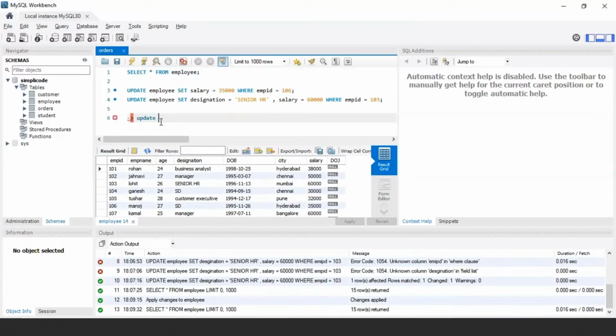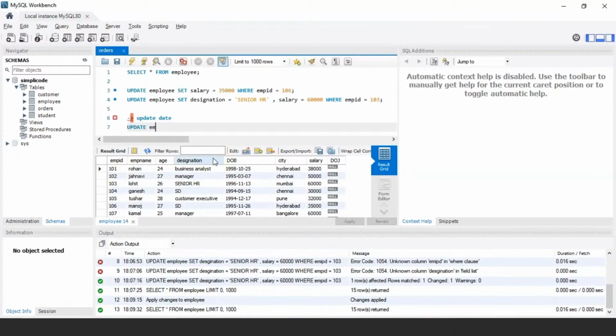Next, let us discuss about update date statement. In SQL, update date statement is used to update the date and time values in the existing table. All the date and time values should be specified in the single quotes, and you can also mention the condition using the where clause. Let us take an example. Let's say if I want to update the date of birth of the employee who is having employee ID 104, so the following query would be